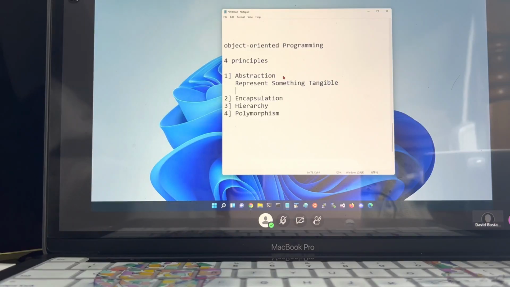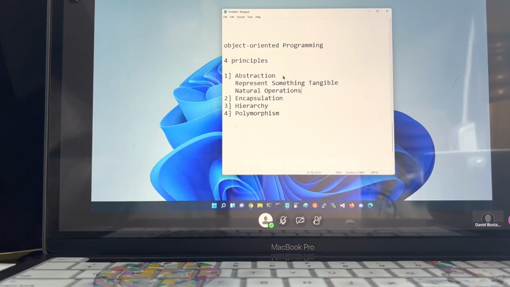A student could be represented. An integer could be, a string, a linked list. Those all could turn into things for which they represent something tangible. And just as importantly, we should be able to find some natural operations that can be performed on this object.